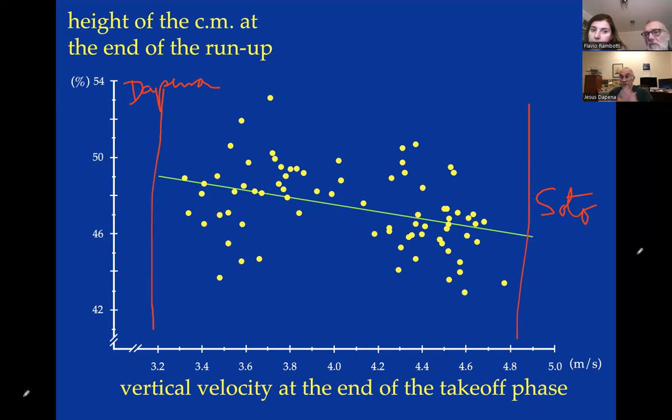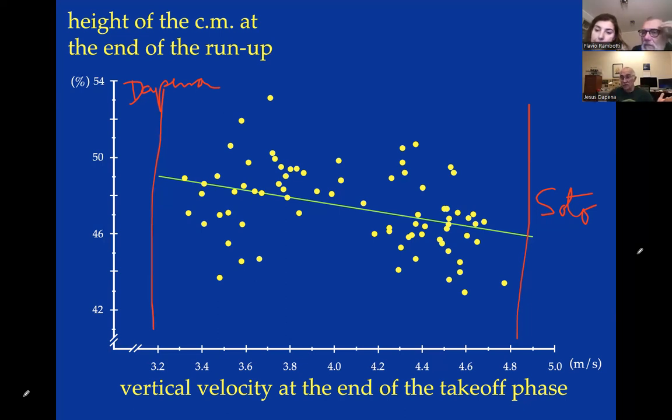Now, some jumpers will find their optimum this way. It's a very easy correction to make because running fast and running low is a very difficult thing to do. So coming in higher is a very easy correction. It's very comfortable to do that. So it's an immediate correction that the athlete will be able to do. So the athlete normally will correct. Instead of coming in at 43%, he'll come in at 46, he'll be at optimum, and that's it, perfect.